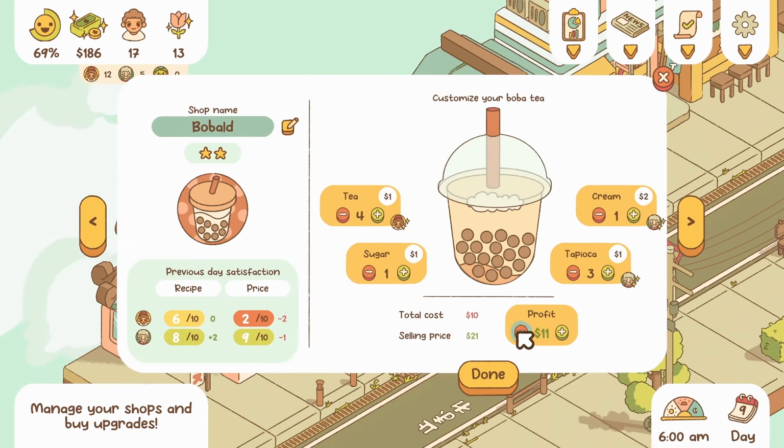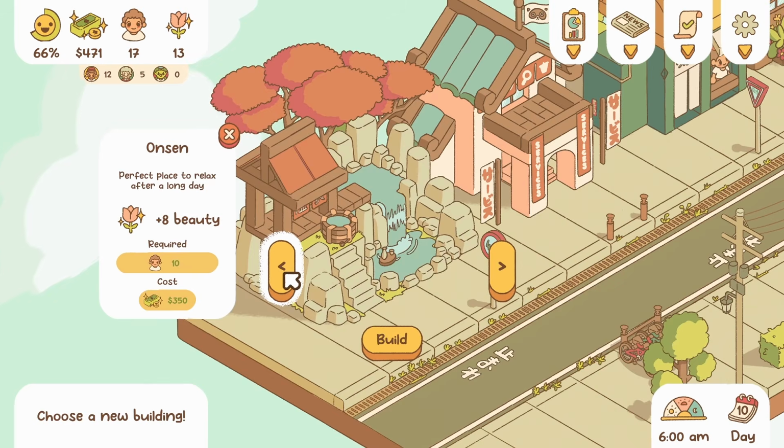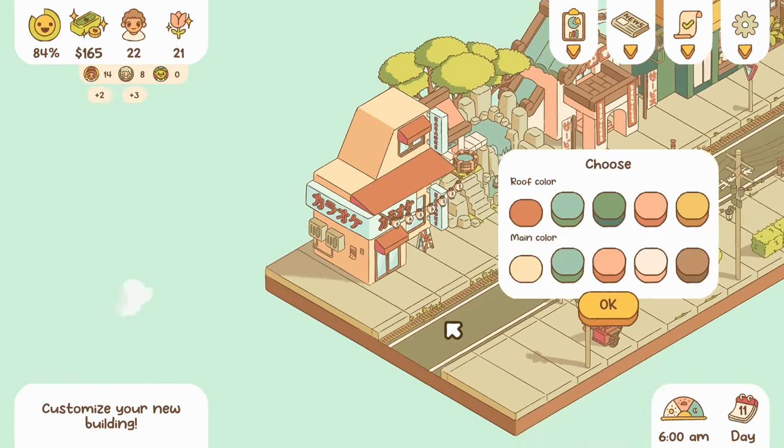I made the adjustments the elders requested at Bobald, but it still wasn't quite perfect until I removed all of the sugar the next day. I also built an onsen to help bump up our beauty. This boosted our satisfaction to 84%, and now that we could get a karaoke bar, I bought another karaoke asylum